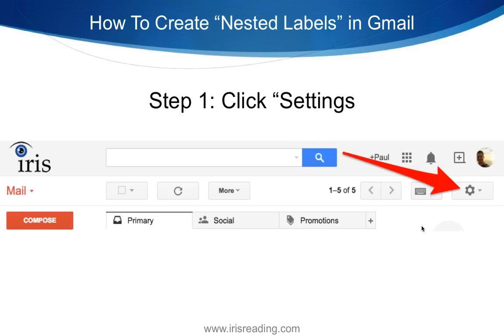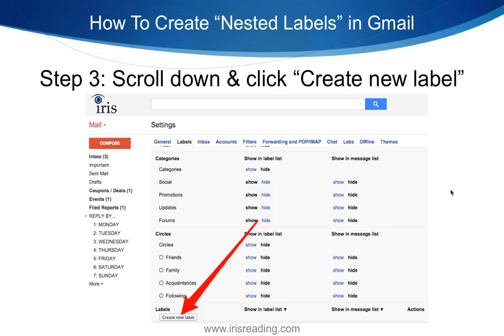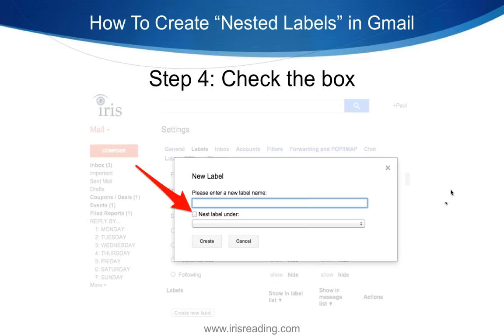Here's how you do nested labels in Gmail if you're wondering. First of all, you click on Settings. Then you click on Labels. By the way, all these slides will be available to you guys if you're wondering. After you click on Labels, you just create a brand new label. And then you put a name for the label. And you see that little box right there, Nest the Label Under. So that's where you could have like a category and a subcategory. Or in this case, they're calling them a label, and then a nested label.